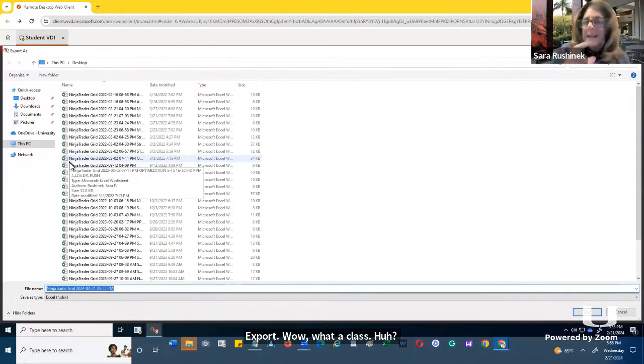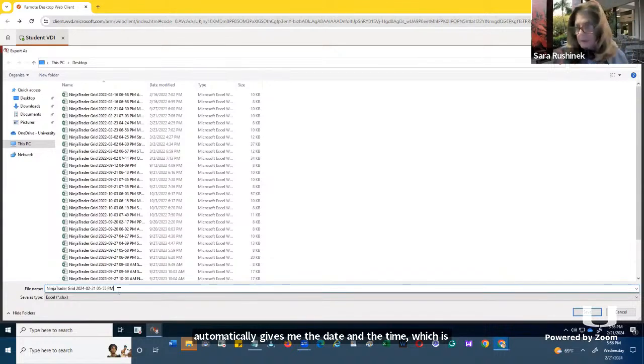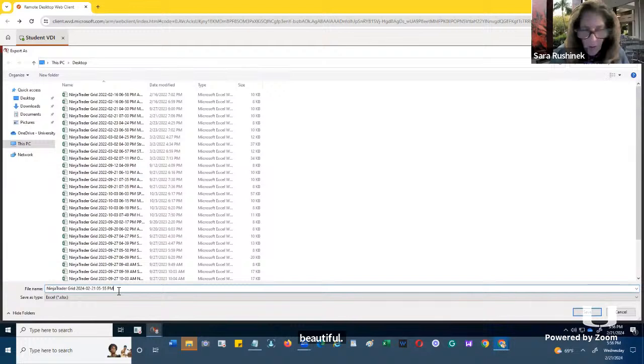Now, this is the key that you need to know. It already automatically gives me the date and the time, which is beautiful. Keep it, and now add the symbol that we picked, which was the good one. I'm going to do Microsoft. All of you are not going to do Microsoft. You'll do another one, but I'll do Microsoft. I know the all trades. I'm just going to put all, was what? 7%,